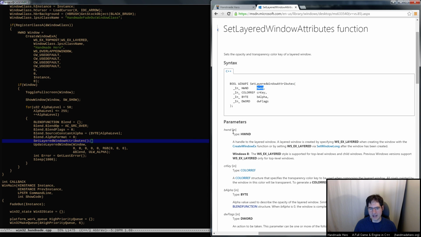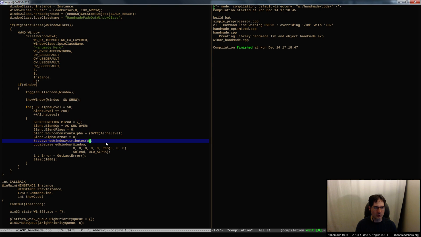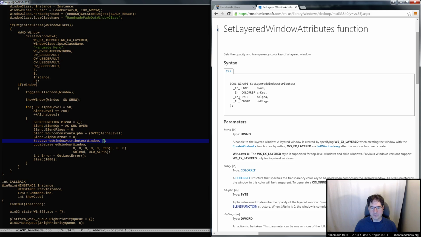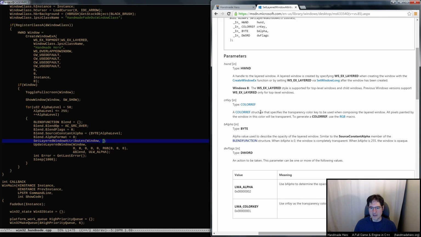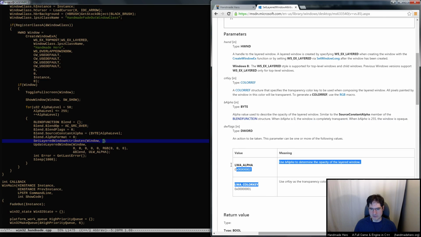You can see that what it has here is it takes the HWND, right? And that HWND we already know is the one that we just created for this specific purpose. Then we've got a crKey, which is the color key. Now, presumably that's not necessary because that's not going to be in our alpha function. This blend function is presumably not going to actually need that because you can see we can specify it right here. So we're going to do LWA_ALPHA instead of LWA_COLORKEY, right? So I'm going to grab that out,